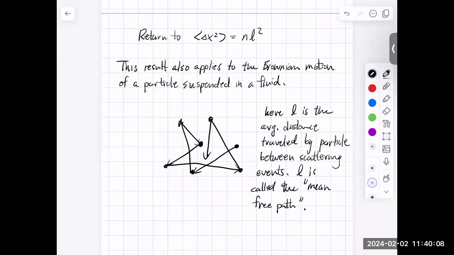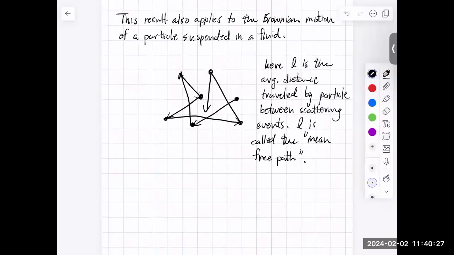You could also say, well, the particle has some average velocity. Its average velocity would be determined in part by the temperature of the solution, because the particles have thermal energy of kBT that determines their kinetic energy, how fast they're moving. And so if we know their average speed, and we know the average distance they travel between scattering events, we could calculate the average time between scattering events. So if the average time between scattering events is tau,